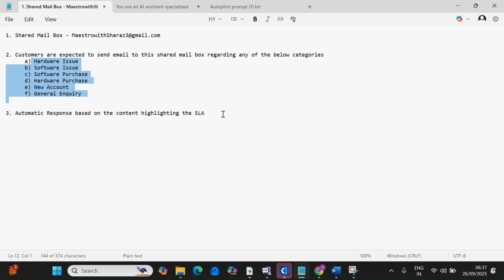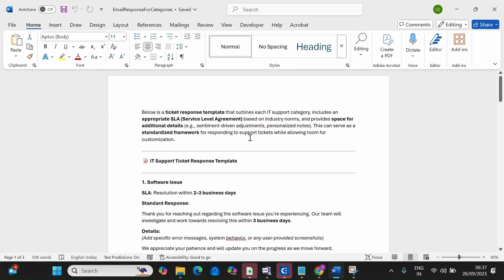But in this case, we have to send a reply based on a different template. So instead of defining everything in the agent for each of these categories, right now we have only 5 categories, but in an actual scenario, it might be 10 or 15 or 20 categories. If you define a mail template for each of these 20 categories in the definition of the agent itself, it will definitely work, but from a reusability perspective, or to maintain that code, it will be difficult. So what I prefer is to create a Word document like this, where I highlight all the details